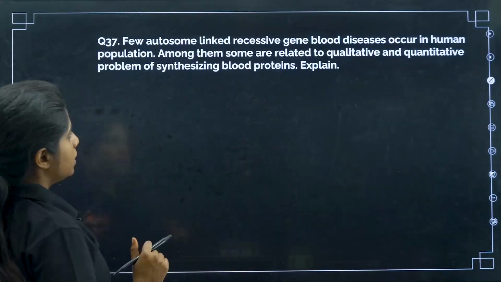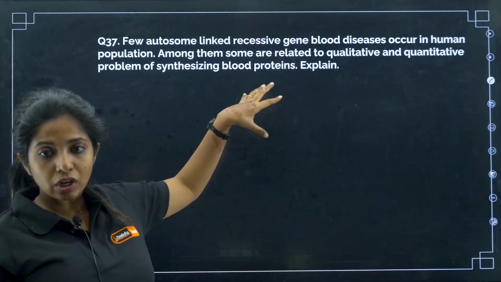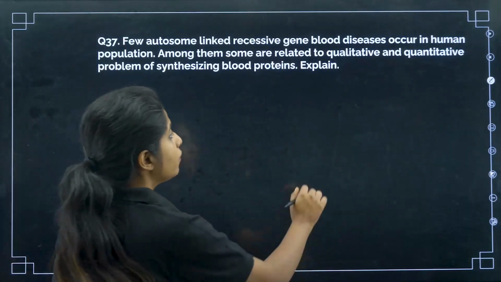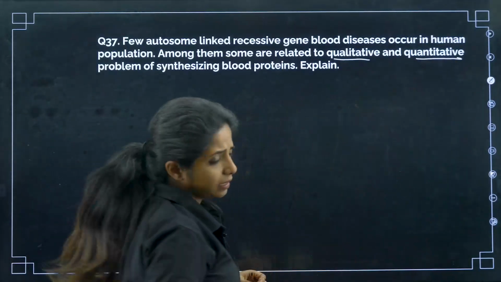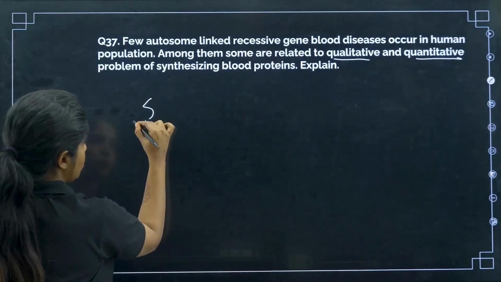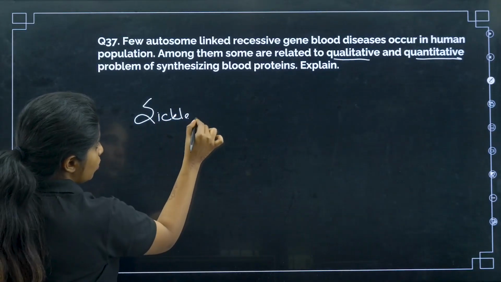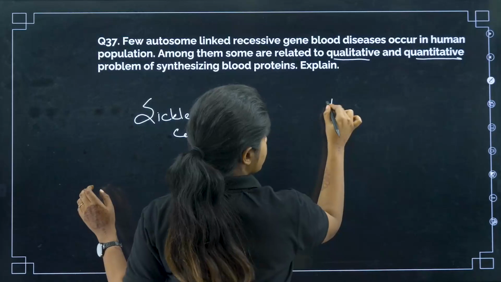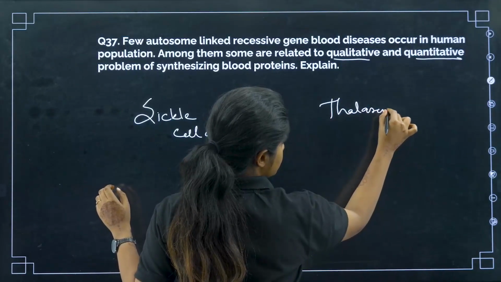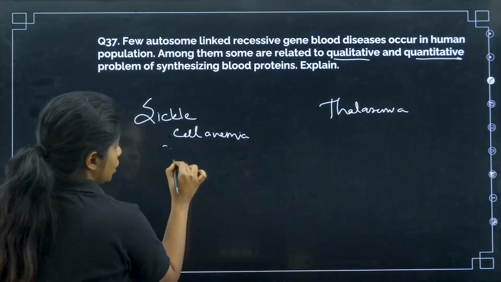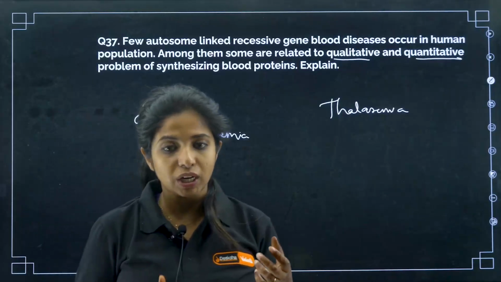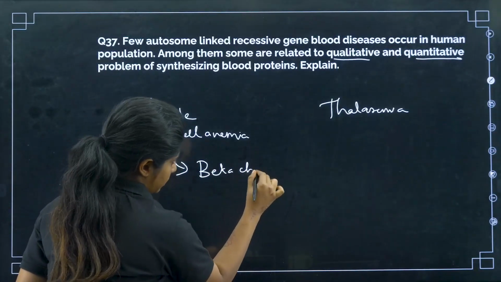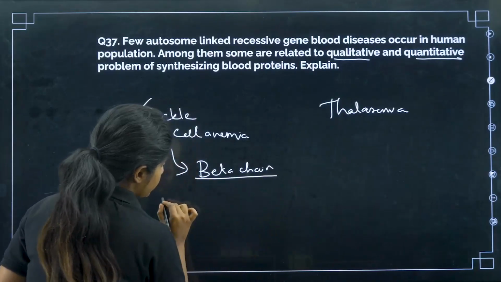Now mostly it is related to what? Blood, related to synthesizing blood proteins and stuff like that, and you have qualitative and quantitative diseases like that. So I'll talk about two diseases which are related to blood. One is sickle cell anemia and the other one is thalassemia. So what happens in sickle cell anemia? You know, in hemoglobin there is an alpha chain and a beta chain. So over here the beta chain is getting affected. Why? Because